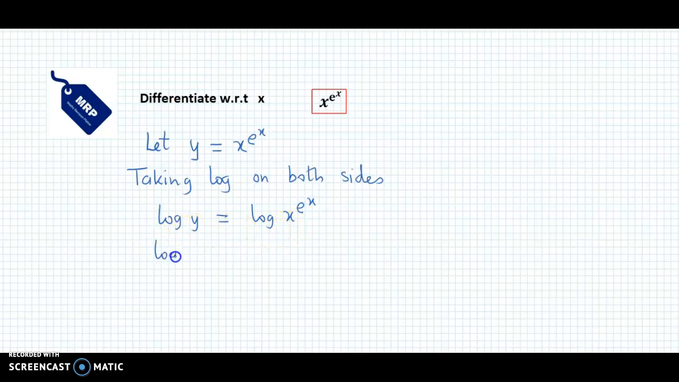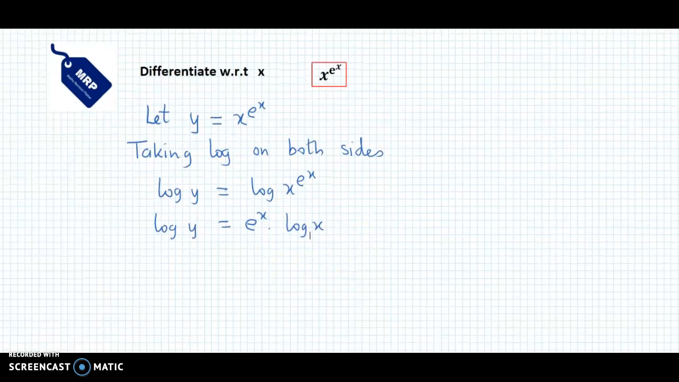So we get log y is equal to, now this is of the form log of a raised to b, that becomes b times log a. So we have log y equal to e raised to x into log x. Now proceeding further,